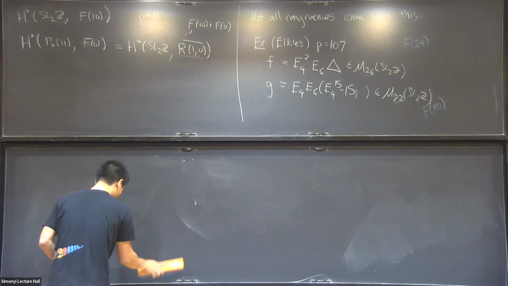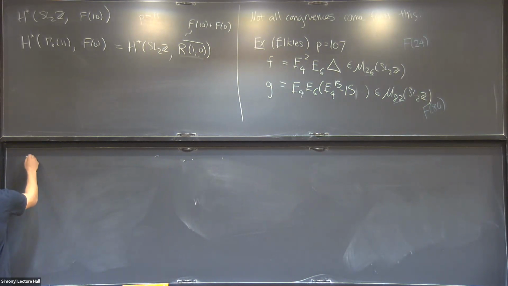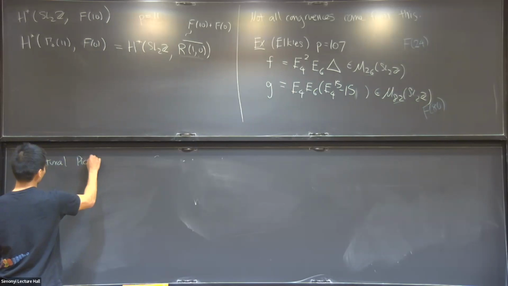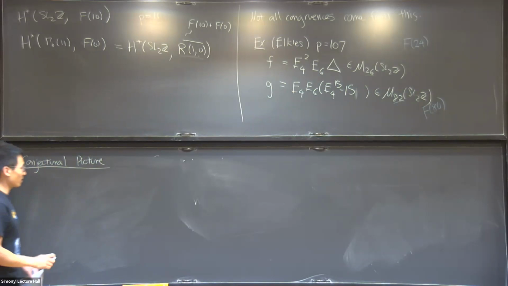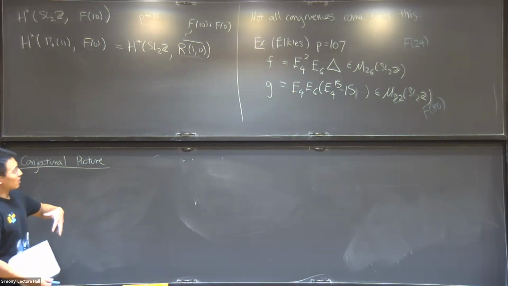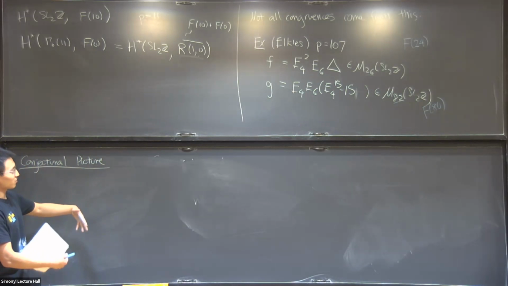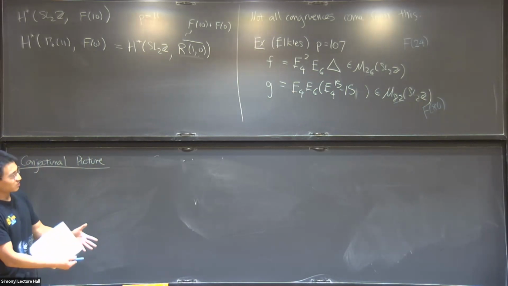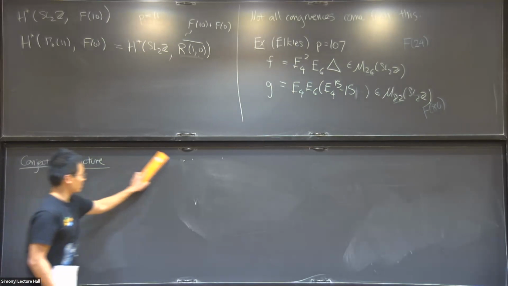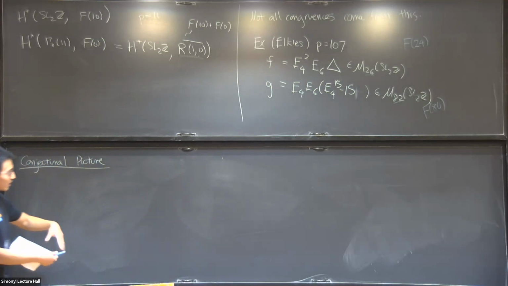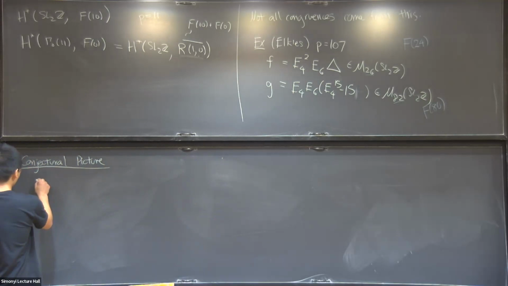Okay, so I'm going to describe a conjectural picture. And this conjectural picture is going to try to explain where all congruences come from. Let me just say, up till now, the talk is meant to be somewhat of a leisurely stroll where things were defined and statements that were made were true. What we're going to do now is board a train where that's going to be less true than before. So it's going to become a little bit vaguer and more pessimistic. Things won't be defined, statements will be false.